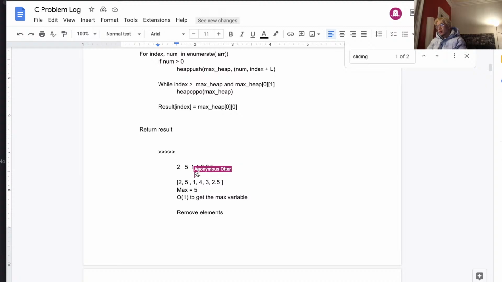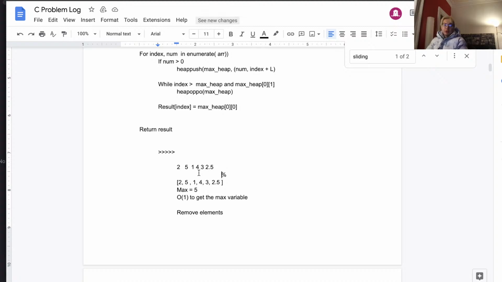So now I'm here. Now I have to take into consideration how you would remove elements. Let me copy this down. So how do you remove the elements then?